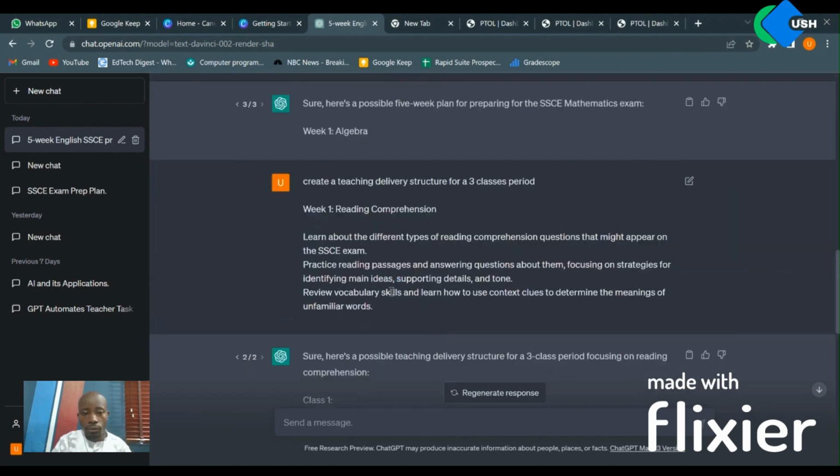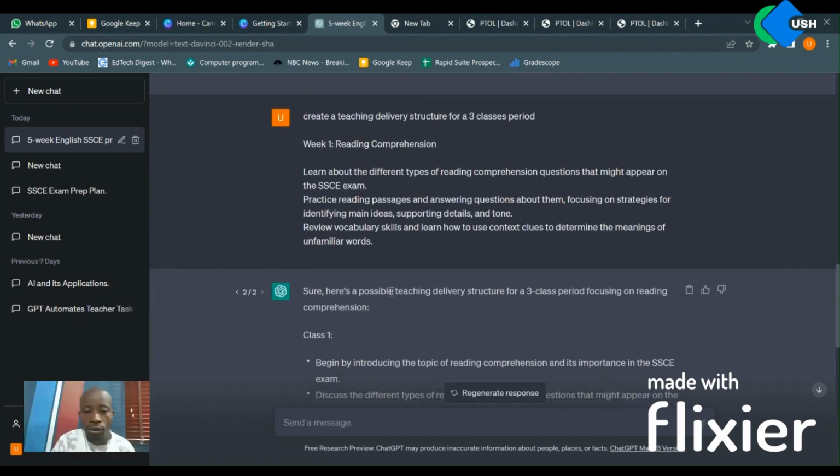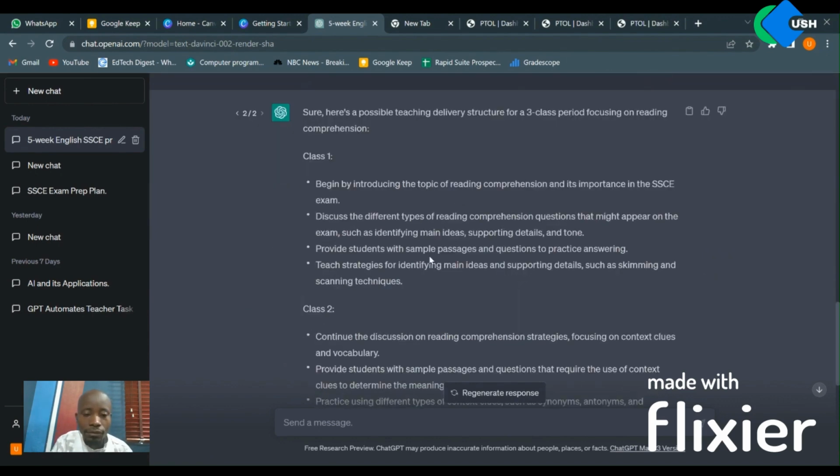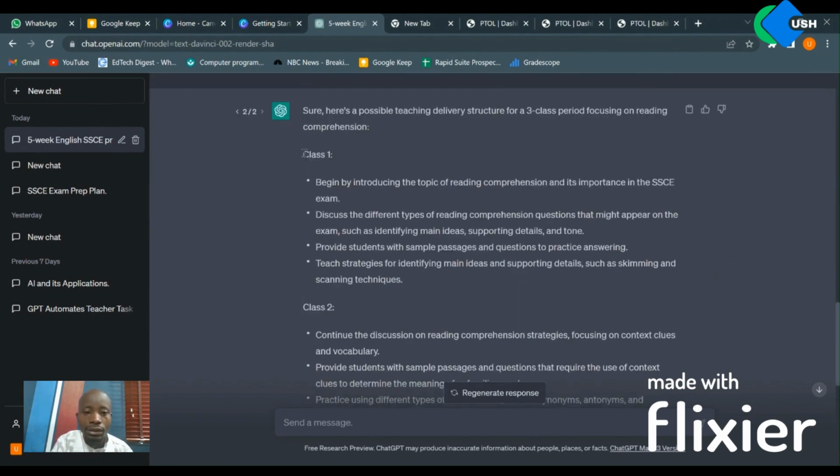Okay, so to do that, we know that ChatGPT listens to whatever instruction we put in this text box and submit, and it can give us a good response based on what we put in this text box. So this was the query that I gave to it. This was the message I put in this text box. I said, create a teaching delivery structure for 3 class periods based on what is in week one, and it did a marvelous job of breaking down the